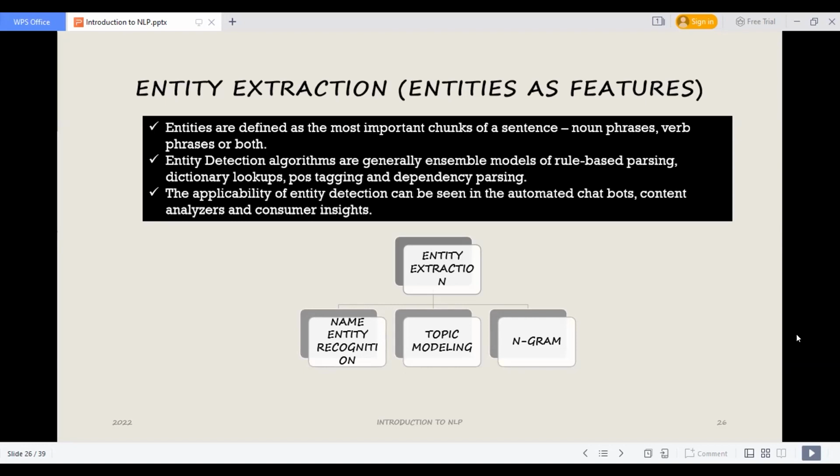Guys, are you able to visualize the things? We have the feature extraction technique at the top. In that we have different techniques. In that we have entity extraction, and in that we have topic modeling. So are you able to understand how things are happening nowadays?